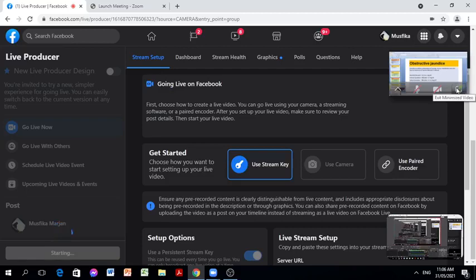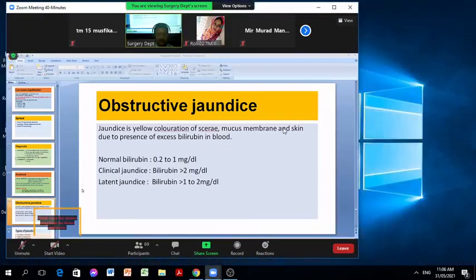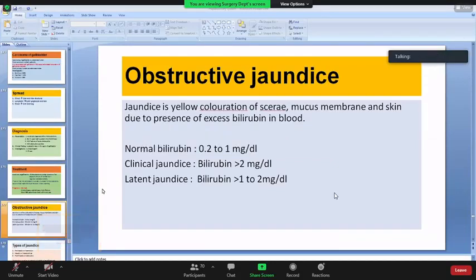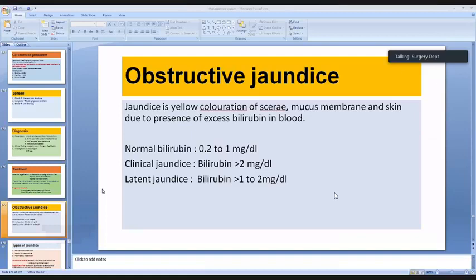Enters into circulation, heme is converted by heme oxygenase into biliverdin, and biliverdin is reduced to bilirubin by biliverdin reductase in the liver. So the source is broken RBC, and it is being matured in the liver. And definitely, the bilirubin that is produced in the liver, initially it was